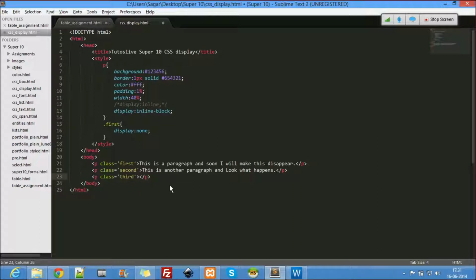Say this is the third paragraph, with a default margin.